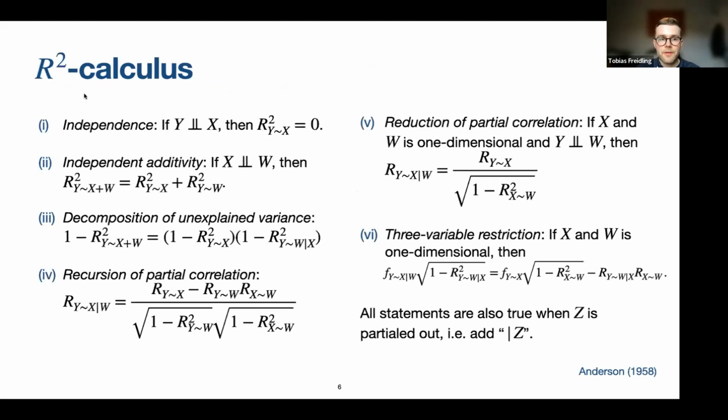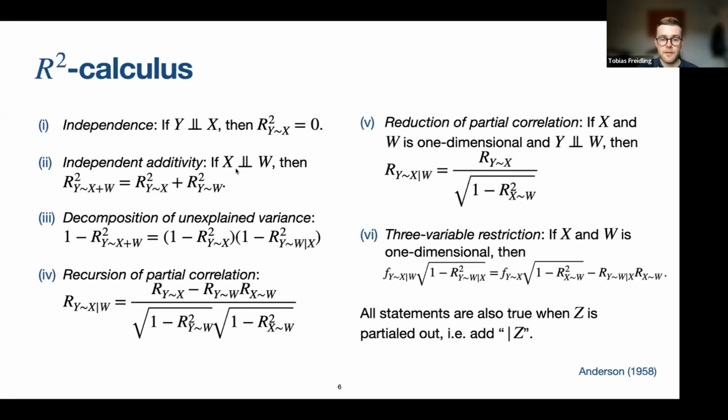You might have already been wondering what this R square calculus is about from the title, and it's actually a couple of algebraic relationships that relate R square and R values. None of them is actually new, they go back quite a long time, but I haven't seen them written down as a calculus of their own, and this is what we do in the paper. I think we don't need to go through all of them, but may want to highlight, for example, this one here,